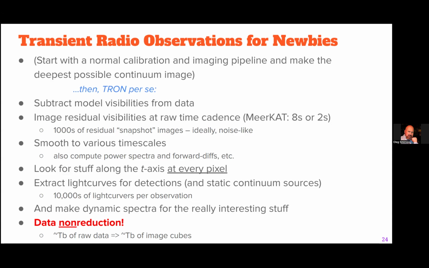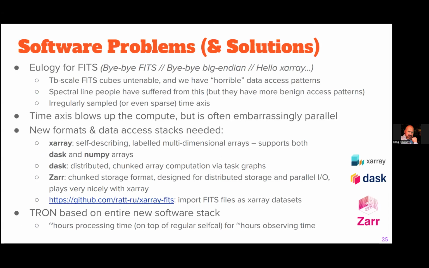When we have detections, we extract light curves. We can also extract light curves for every source that's already in the image. That's fairly cheap to do. And you end up with tens of thousands of light curves per observation, basically for free. And we extract dynamic spectra, which is expensive just for computational reasons, so we only do it for really interesting sources. We colloquially refer to this as data reduction, but this problem is data non-reduction, because you start with a terabyte of visibilities and you end up with terabytes of image cubes. So you can imagine this presents a computational problem,